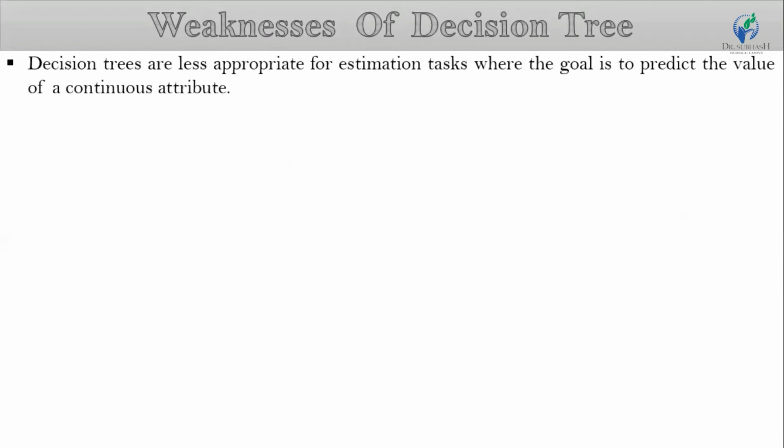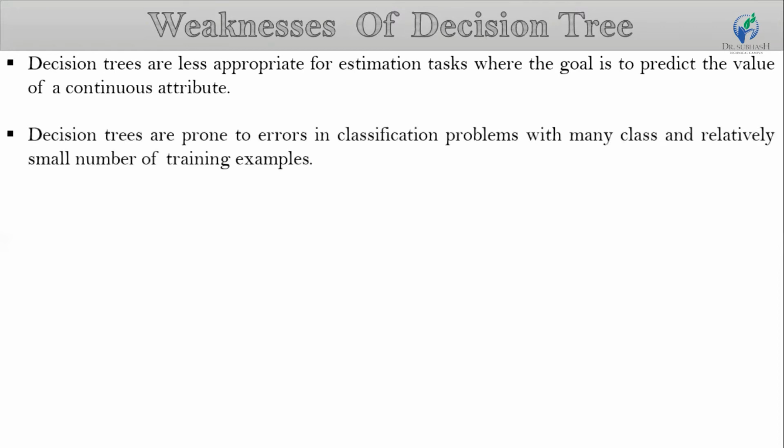Now I explain the weaknesses of decision trees. First, decision trees are less appropriate for estimation tasks where the goal is to predict the value of a continuous attribute. Next, decision trees are prone to errors in classification problems with many classes and a relatively small number of training examples. Next, decision trees can be computationally expensive to train because the process of growing a decision